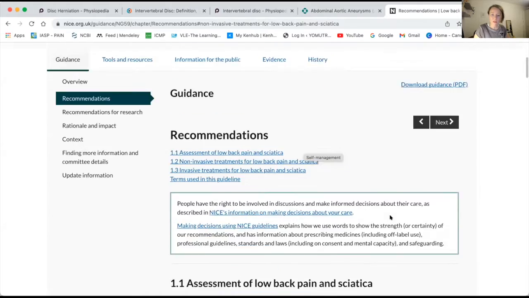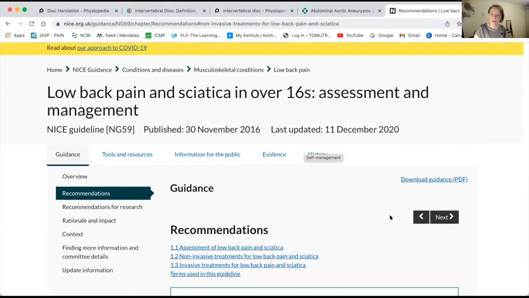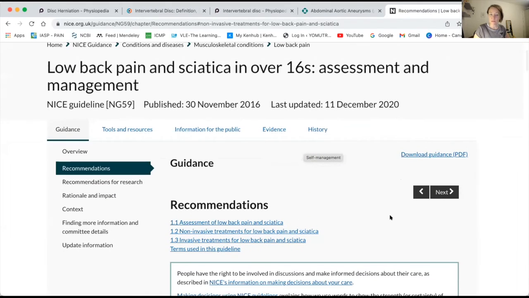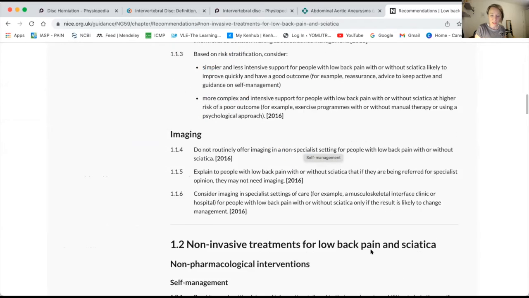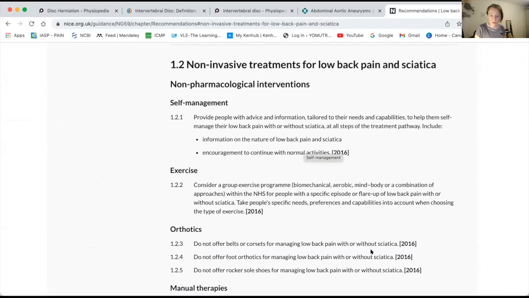So I've gone into the page for low back pain and sciatica in over 16s: assessment and management. So this is not only low back pain, this includes sciatica or radicular symptoms, or pain in the legs or tingling, pins and needles. That for me is kind of the category with discs that has gone to the next level in severity as well. So it's actually grouping those together. And the interesting thing here, if we look at